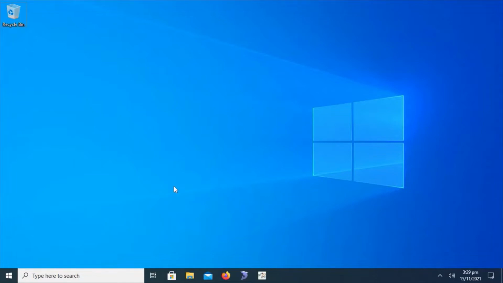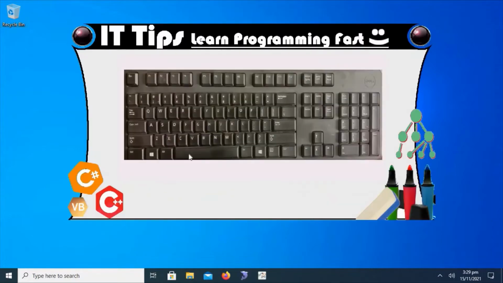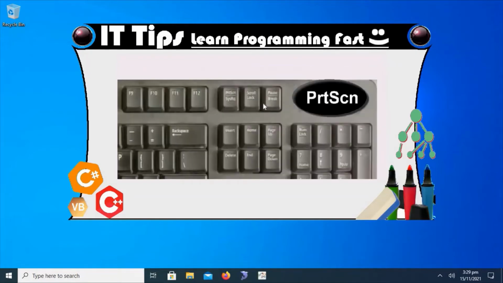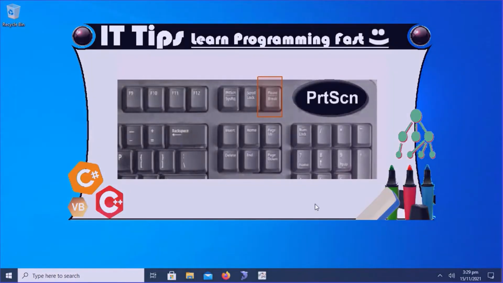The oldest method, which is also currently used by multiple users to save the screenshot of the desktop or Windows area, is called the print screen button. This is the method by which we press the print screen button and the Windows operating system takes the screenshot of the entire screen and puts it onto the clipboard.